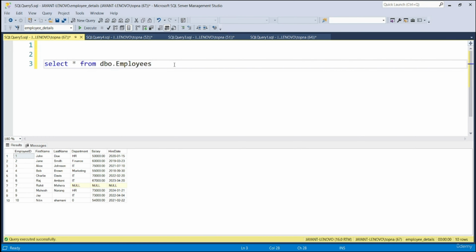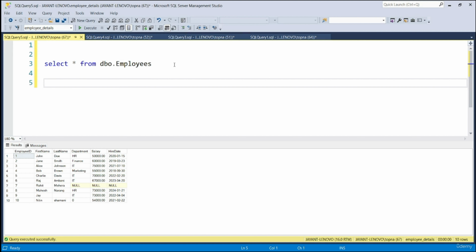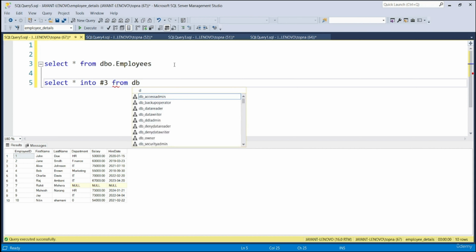Now, the point is that we want to learn about delete, drop and truncate. So we again do not want to disturb our table, right? So we will create some temporary tables for that purpose and we will make changes to that temporary table. First of all, I will write select star into, let's name the new temporary table hash3, from dbo.employees.